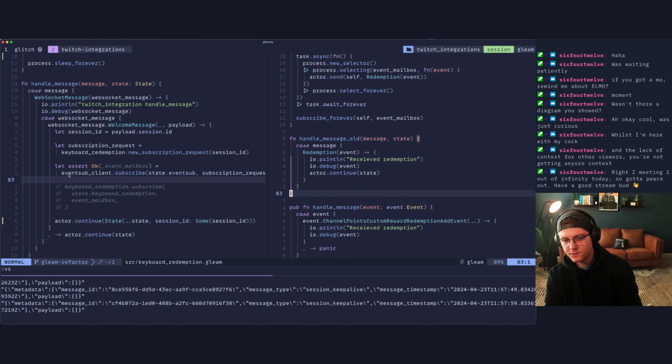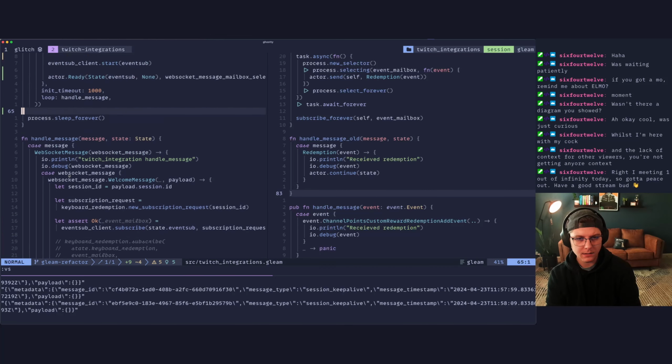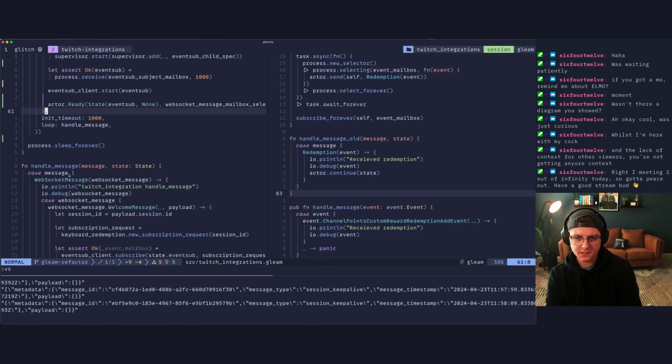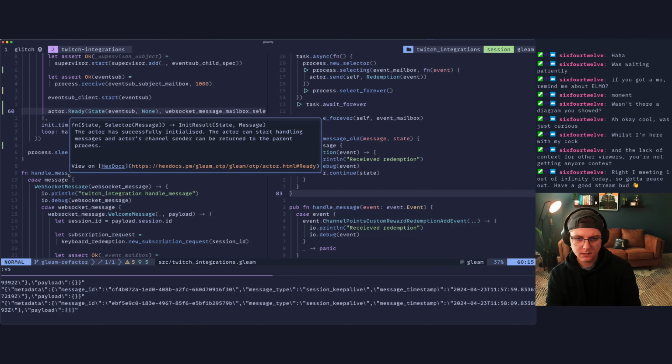Is there a way to adjust or update an actor selector?